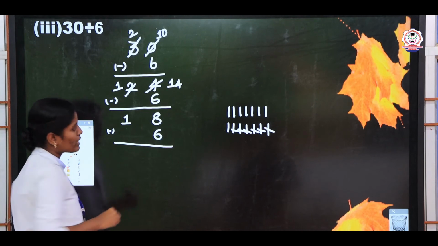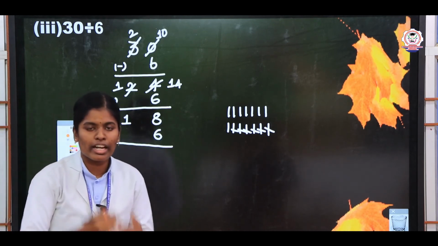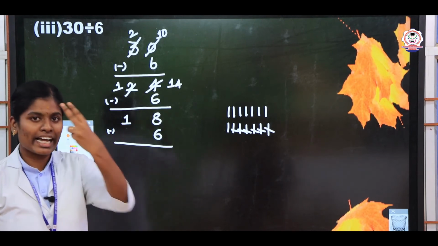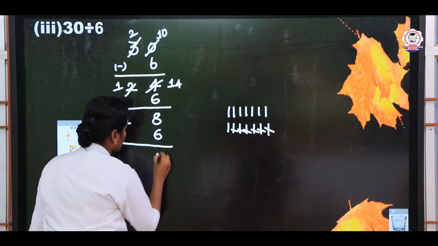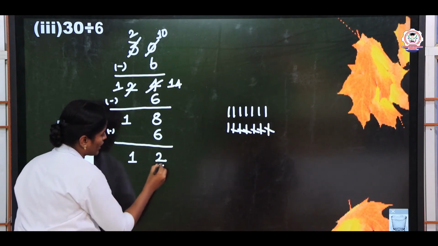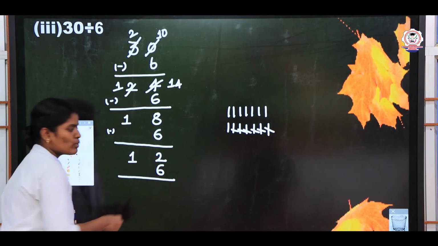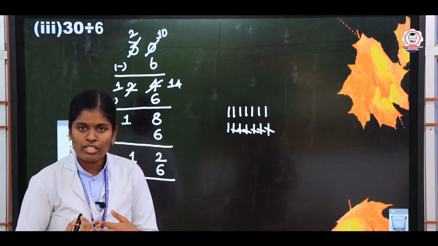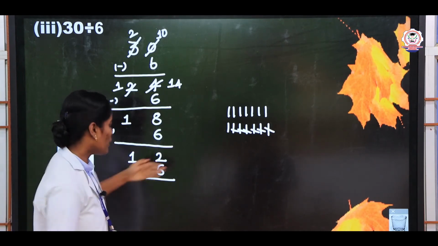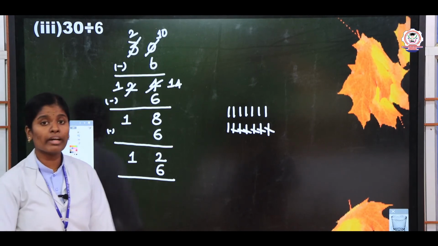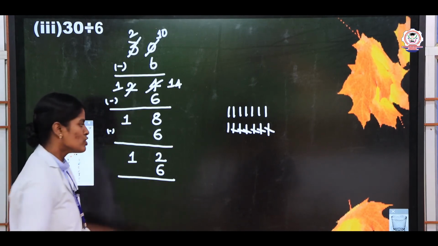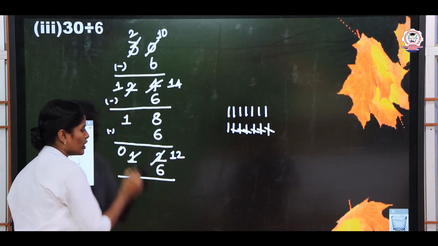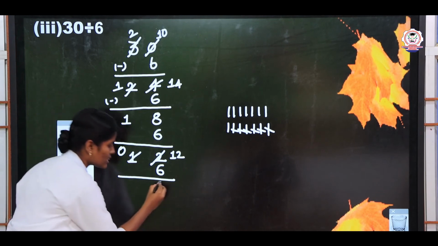Now take the ones place value. The ones place values are 8 and 6. Now 8 minus 6. What is the answer? The answer is 2. Then 1. Again you should take a 6. Now you subtract 2 minus 6. Now tell me Anjali, 2 minus 6 is possible? Very good. It is not possible. Why? Because 2 is the smaller number and 6 is the greater number. So 2 will change into 12 and 1 will change into 0. Now 12 minus 6 is 6.